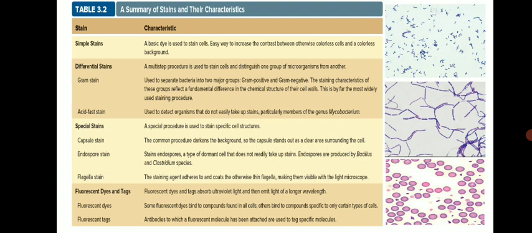So overall, this slide summarizes different types of staining techniques and their characteristics, as well as their importance in diagnostic microbiology or in the identification of any kind of microorganism. So staining is important as far as any kind of microbial identification is concerned, and by staining we get morphological clues. We get an idea regarding the cell shape of that microorganism, and we can detect which type of cells are there, whether bacteria, fungi, or others.